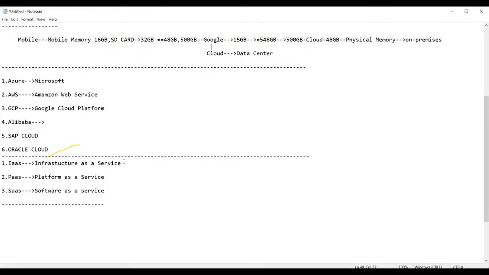Infrastructure as a service means what, guys? Suppose, as we just discussed, you require 500 GB of data to be stored. That means you require what? Space on the cloud to store the 500 GB of data. Am I right? Suppose you require storage, how much storage do you require? 500 GB or 1000 petabytes. All of this is the responsibility of the cloud provider, and it provides this service in the form of infrastructure as a service.